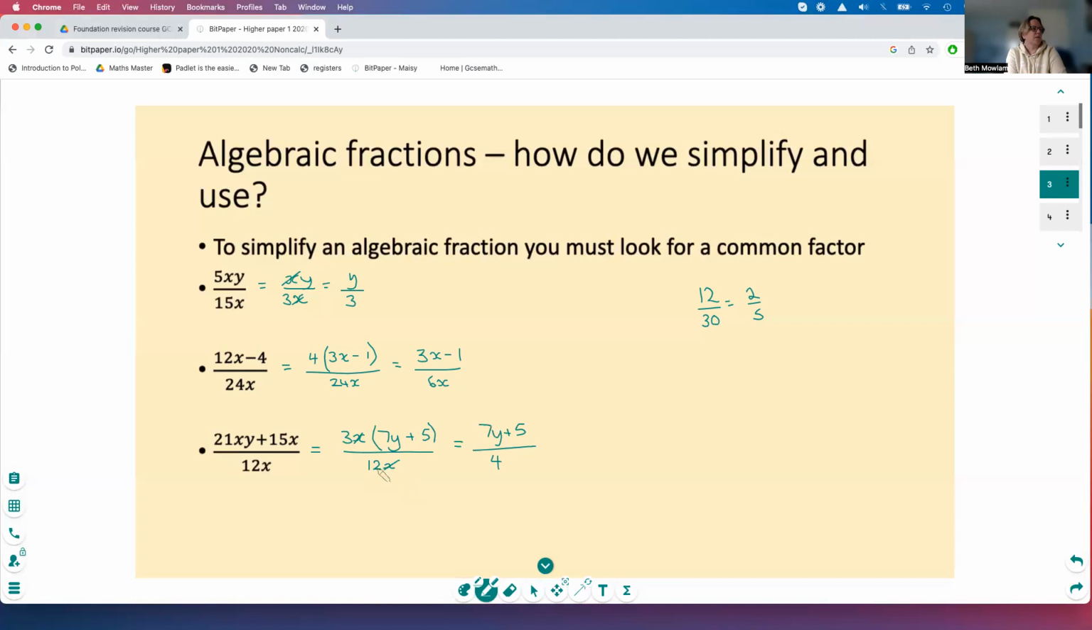Three's into divide by 3 just leaves us with 4. And that is a simplified fraction. So let's just recap there. To simplify,